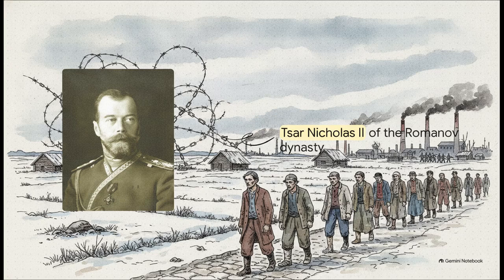Russia was buckling. Under the oppressive, autocratic rule of Tsar Nicholas II, the country was heavily agrarian and really economically backward compared to its European rivals. Plus, their war effort was just an absolute disaster. The Russian people were suffering unbearably. The cities were literally overflowing with starving workers, pushing the entire nation to a highly volatile breaking point.